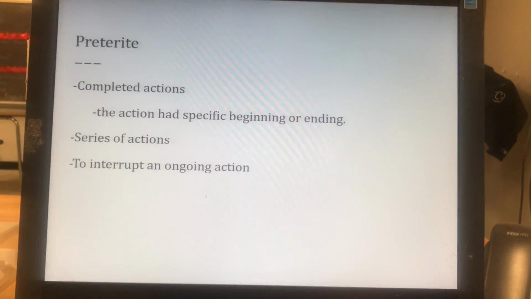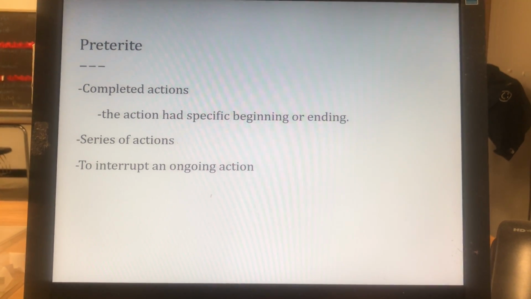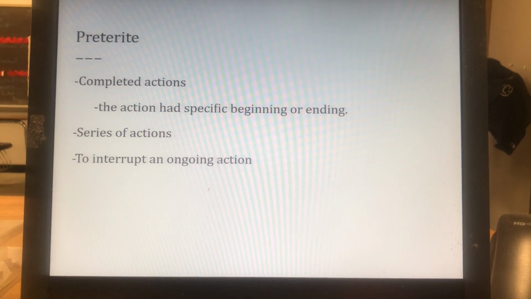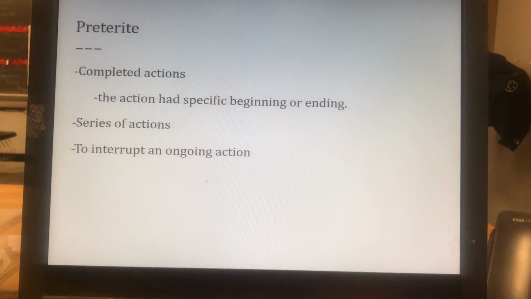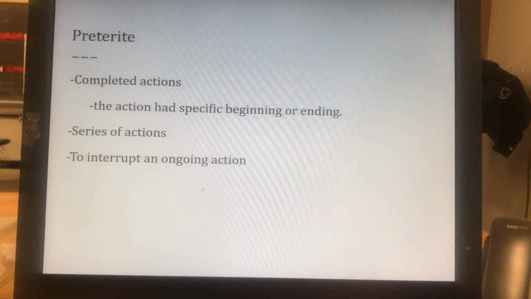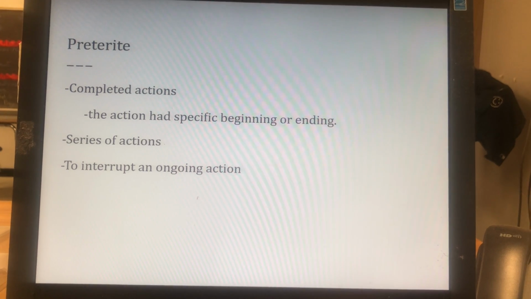Okay, the preterite is used for completed actions. Those are actions that have a specific beginning or an ending. They're used for a series of actions. First I did this, then I did this, then I did this. And they're used to interrupt an ongoing action. So the ongoing action would be in the imperfect tense, and then the interruption would be in the preterite